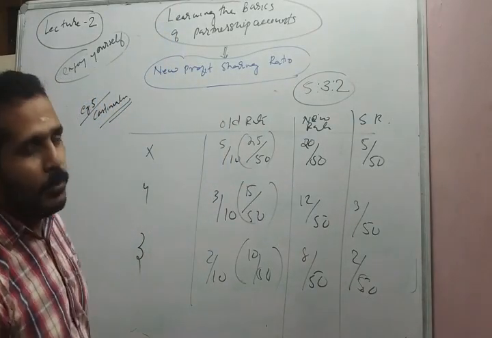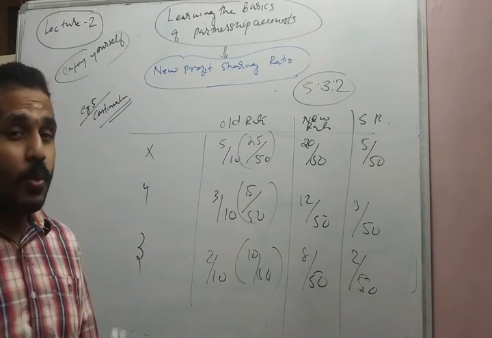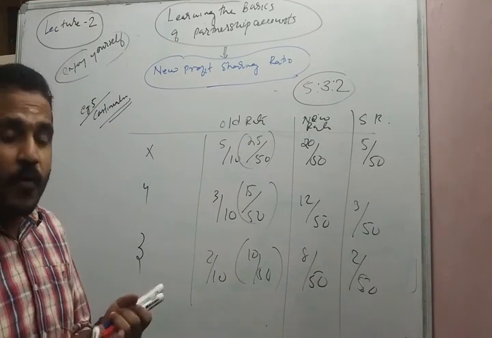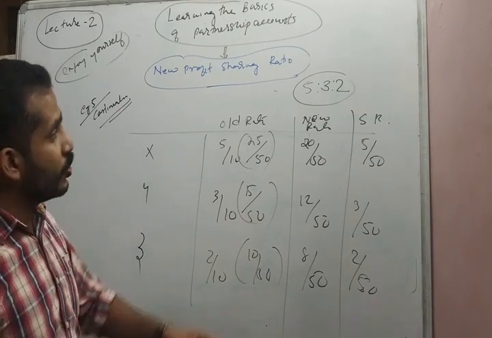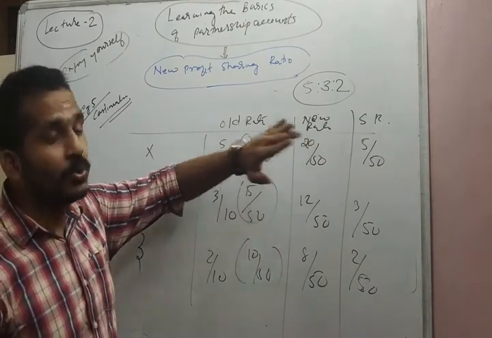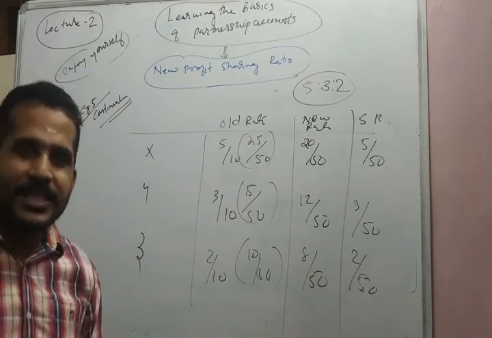So there is a beautiful concept that we have arrived at. What was their old ratio? 5 is to 3 is to 2. What is their sacrificing ratio? The same, 5 is to 3 is to 2. Which means that